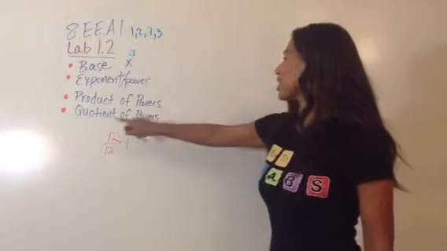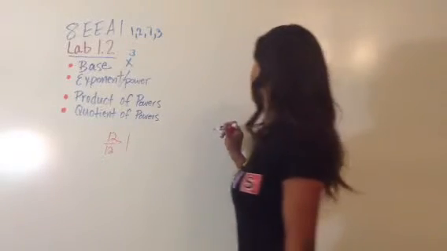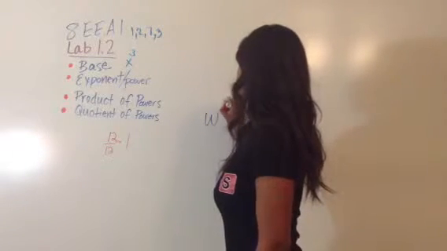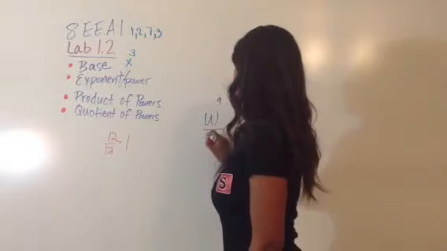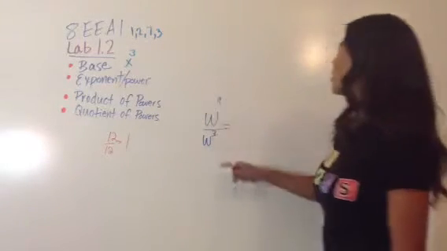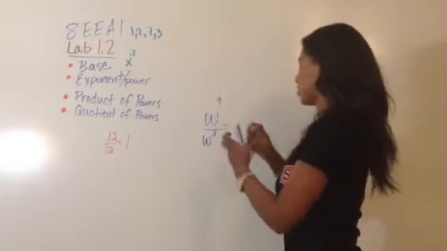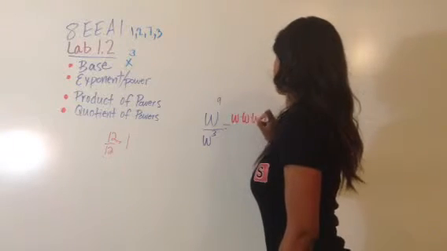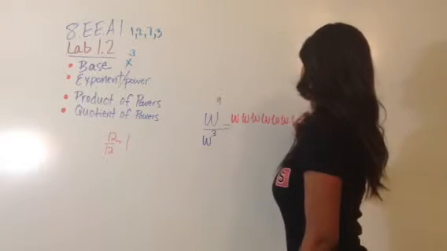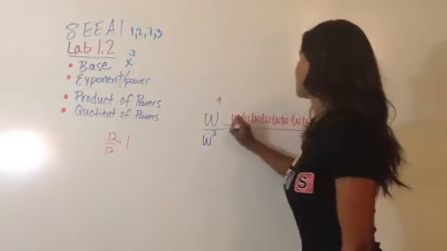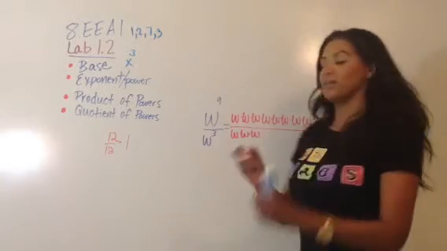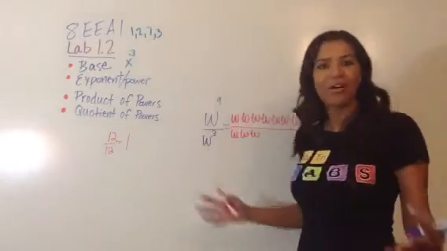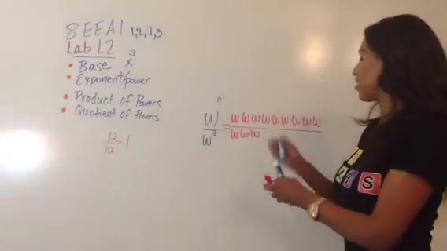All right, so we're going to look at quotient of powers algebraically. Let's see, how about W to the 9th power divided by W to the 3rd, or W cubed. So we have W to the 9th power. If we were to expand that, that would be W times W times W times W times W times W times W times W times W, and then over W times W times W. I know that took me like all of 10 seconds of my life, but it's all for the cause. It's all for mathematics. This is great. All right, so we're going to